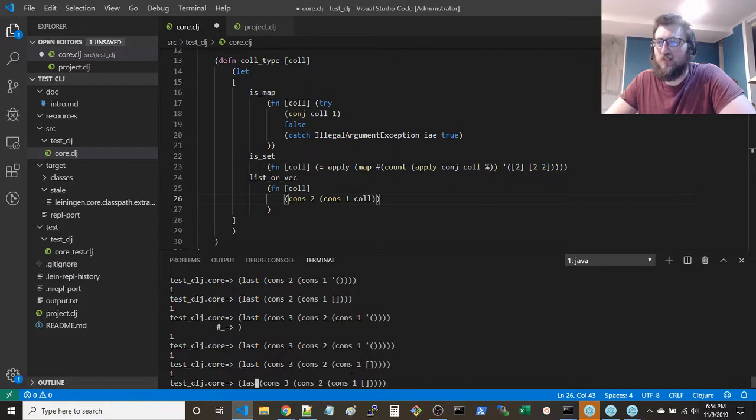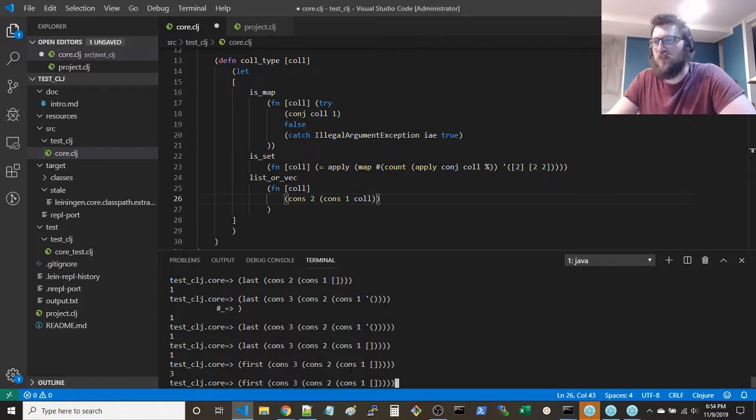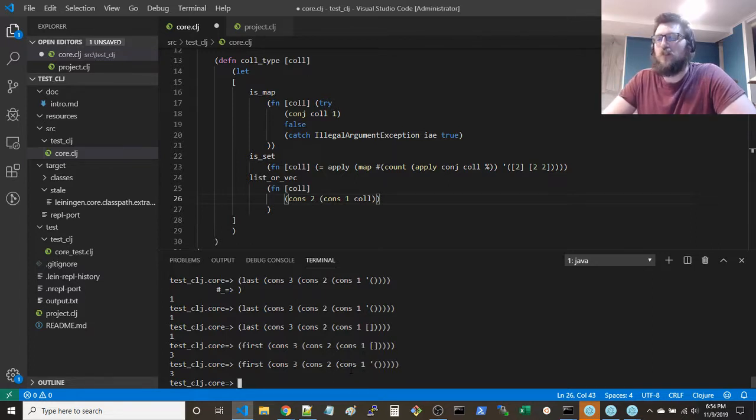Okay, it's not. Let's go first. Okay, this is not what I was expecting. What happened? Is it conj maybe is what we're missing? Maybe it should be conj, not cons. Apparently. Oh yeah, I'm sorry.